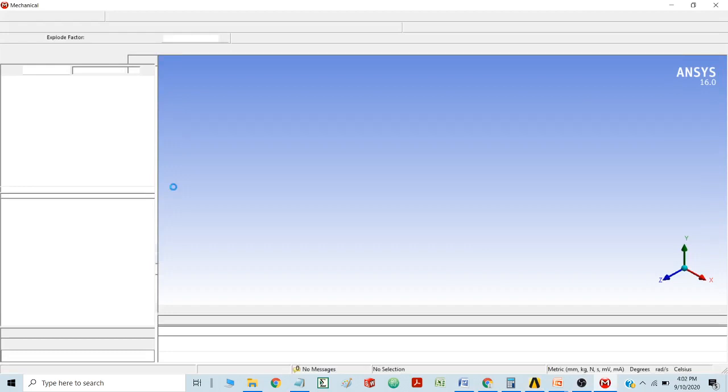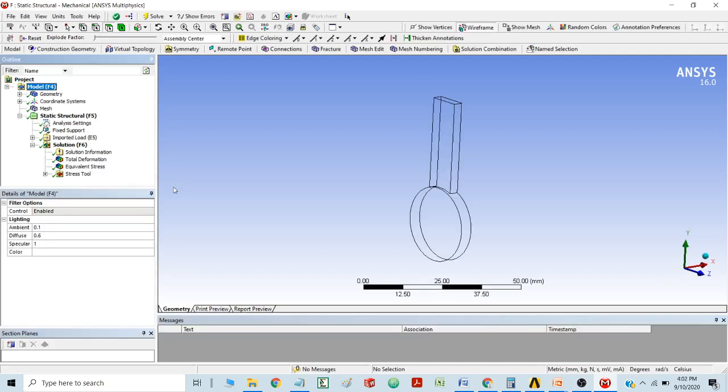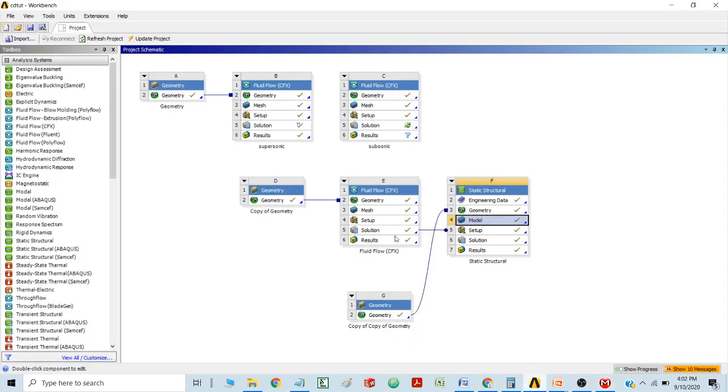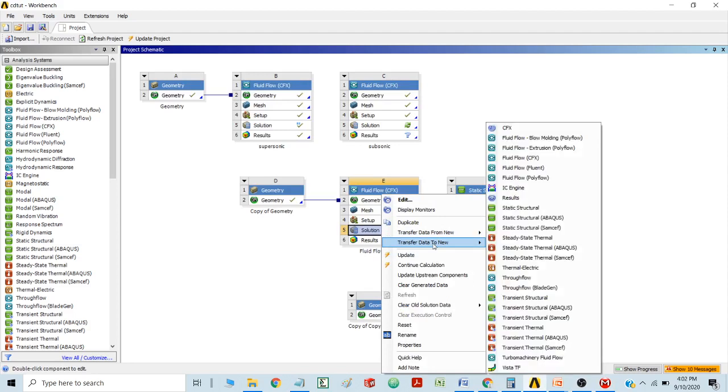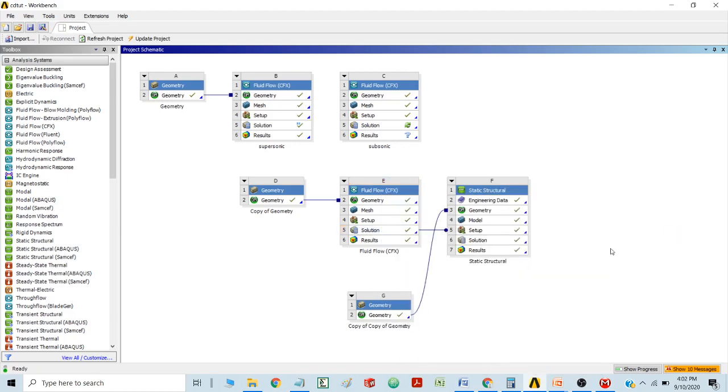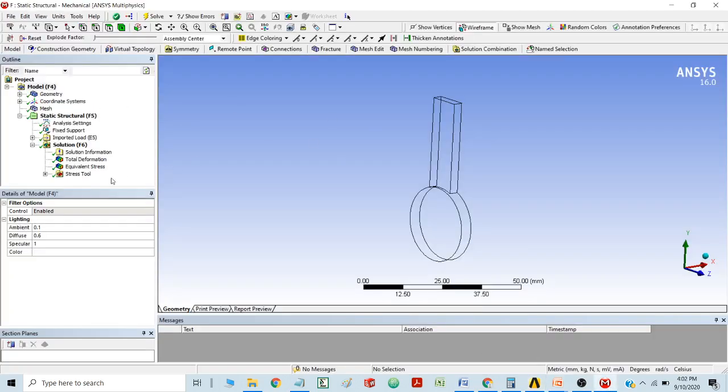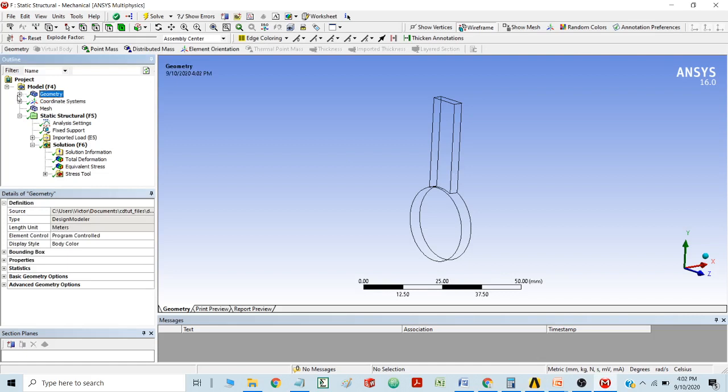to transfer the data from one kind of analysis to another, that is from CFD to static structural. You just have to right click on the solution, and there you are going to see transfer data to new. So you have lots of different types of modules here. You can transfer to steady structural, to transient structural, to thermal electrical, and to other types of flows also. So like that. When I open this, you can see only this geometry is there,